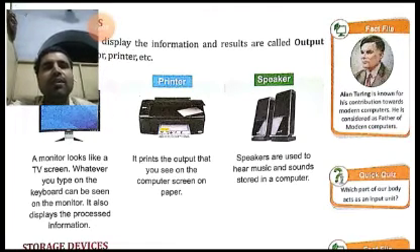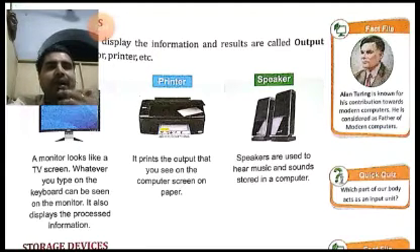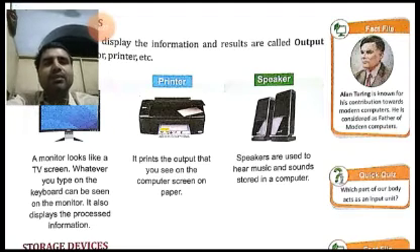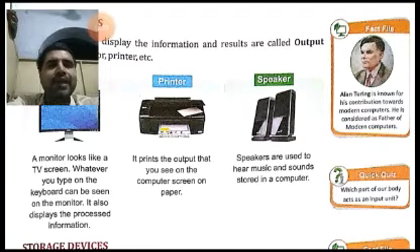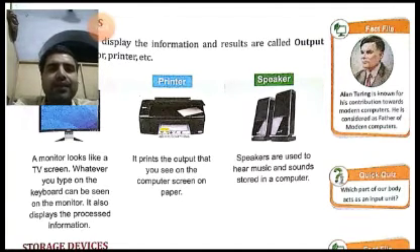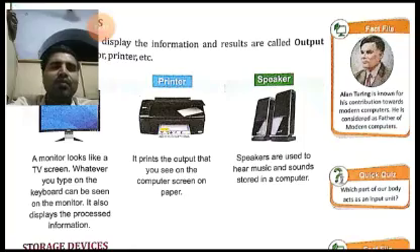Not only the food, but you can understand that our eyes and our ears are also a type of input unit. Whatever things we are hearing, whatever things we are seeing, all this information is being registered. It is being inputted into our mind, into our brain, with the help of these organs, the eyes and ears. So eyes and ears are also a type of input unit of our body.